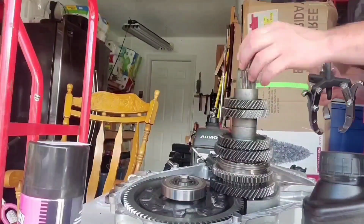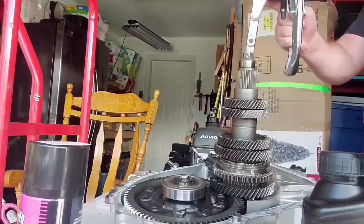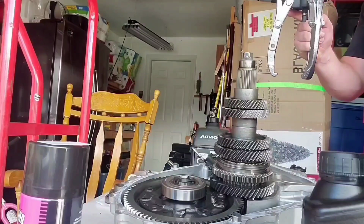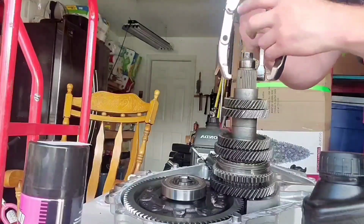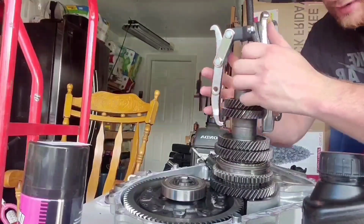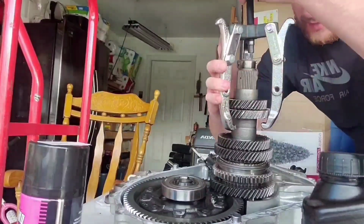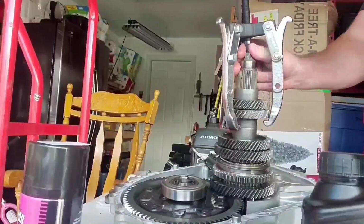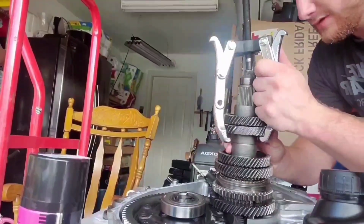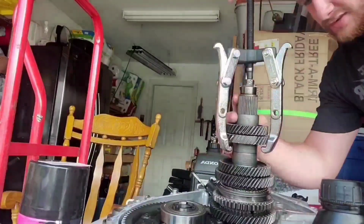So I put my bolt back in here on the shaft, and I'm going to back this all the way out. I can't remember, I think this is a 7-inch jaw puller. Alright, let's put it open here. I got lucky when I rented this because it's a brand new one. Nobody ever used this one yet. So I'm going to rotate this, and make sure I'm pulling on the gear where there are some teeth, so I have something to grab. I don't like using this thing, but